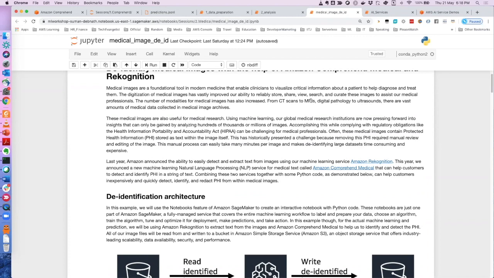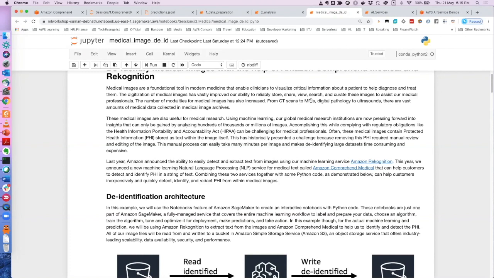Let's say medical research organizations need data for their further research. Today for COVID, people are working day in day out to come up with a vaccine, so they must be checking lots of X-ray reports and ECG reports of various patients. Now imagine that if you give all that data with all the personal information, it is very dangerous, it is not safe, and in a few countries it's illegal.